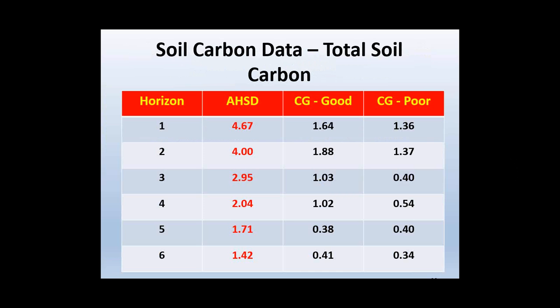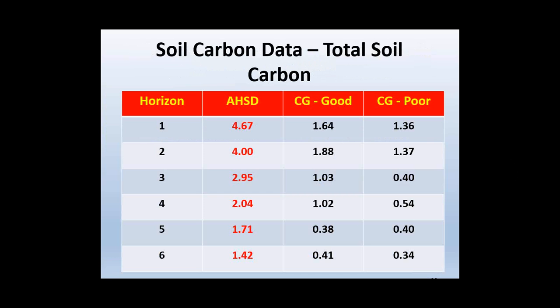So the AHSD stands for Adaptive High Stock Density Grazing. So we're taking a very flexible high stock density grazing scenario, and comparing soil carbon data collected through 6 horizons, starting in the first 6 inches of the soil down to 3 feet or 36 inches. So soil pits were dug and soil samples were collected